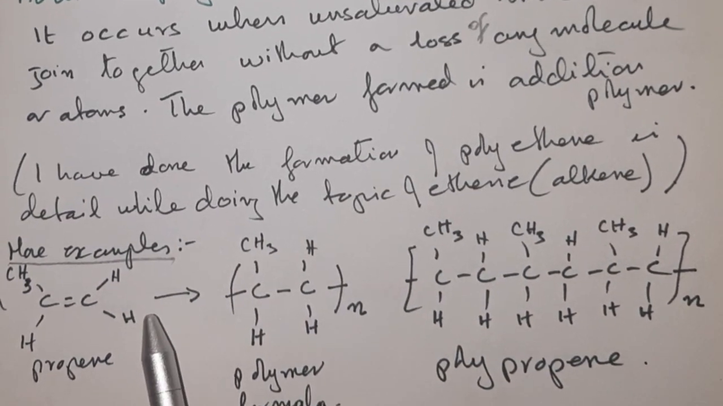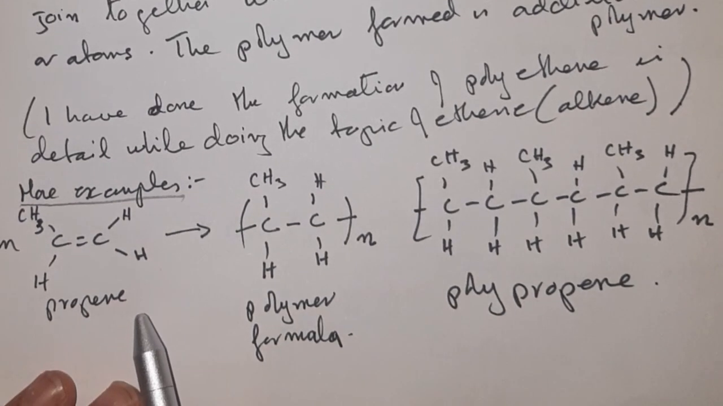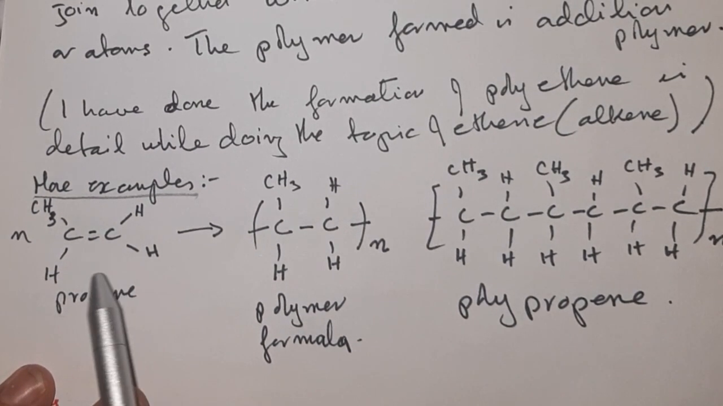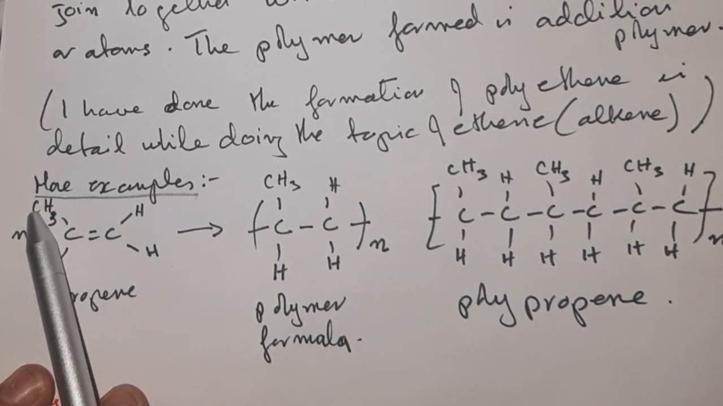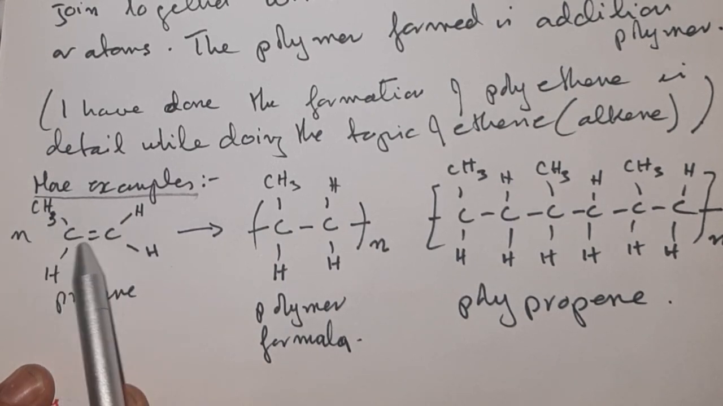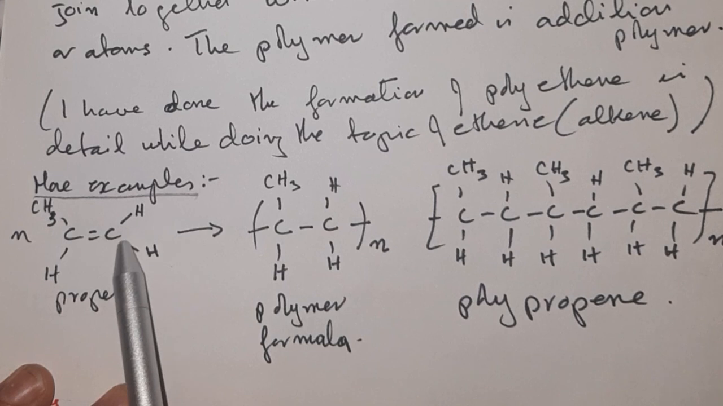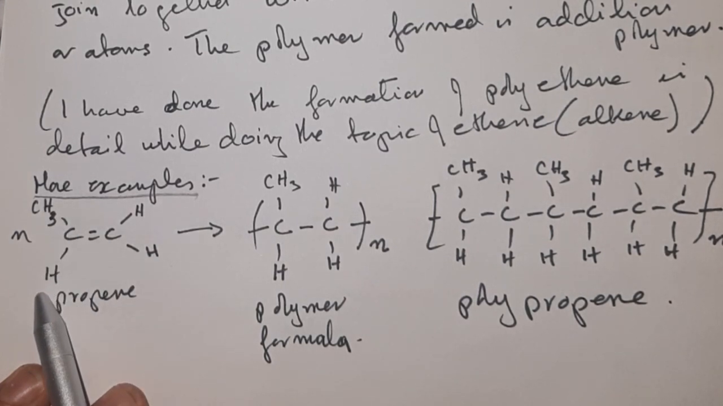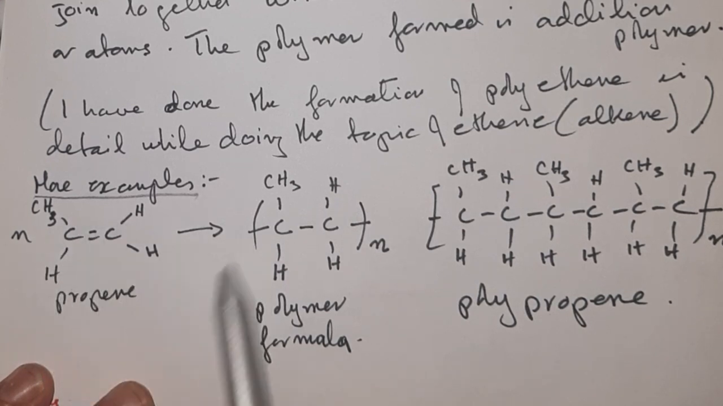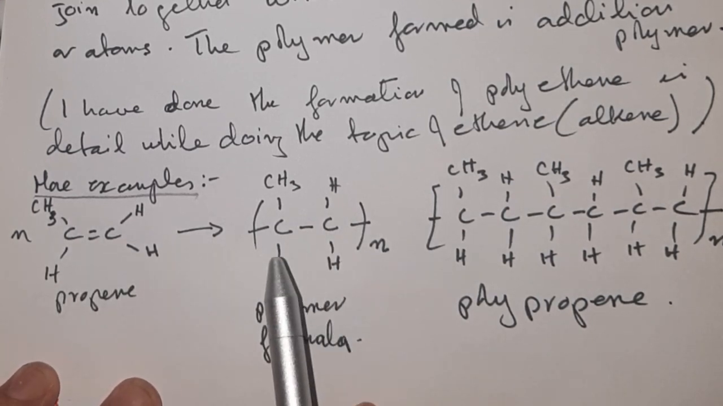First example is of this propene. Now why am I calling it propene? Because you can see we have 1, 2 and 3 carbon atoms, and there is a double bond between these two carbon atoms. This carbon has 2 hydrogens, this has 1 methyl and 1 hydrogen group. N number of propene molecules, when they join together, this is actually